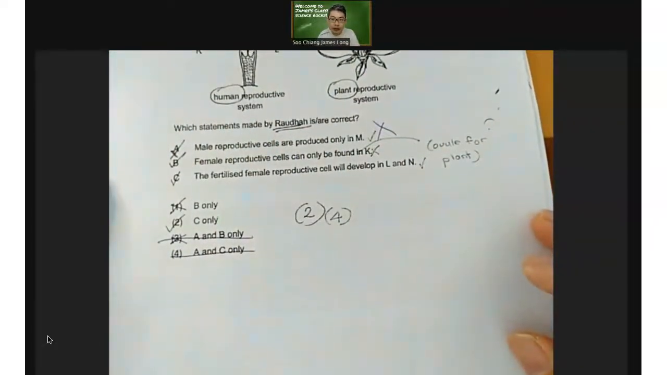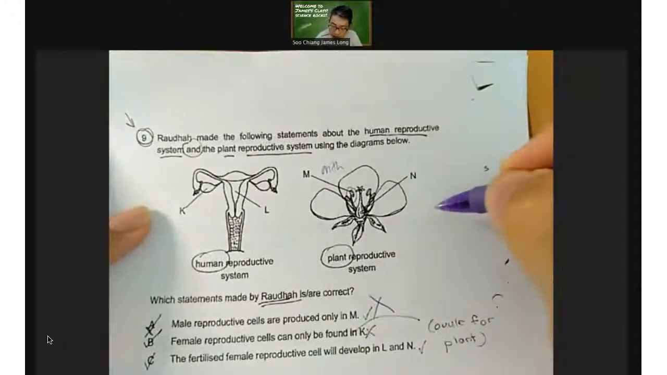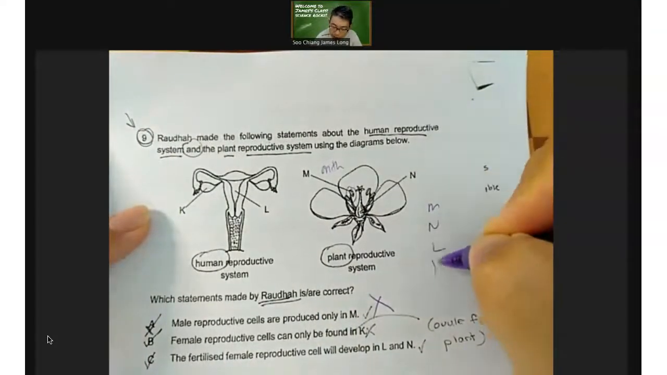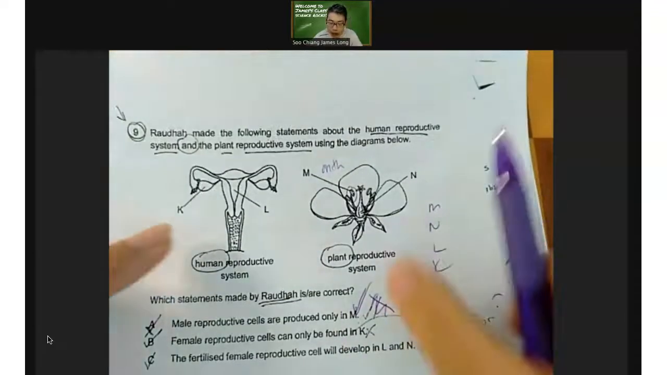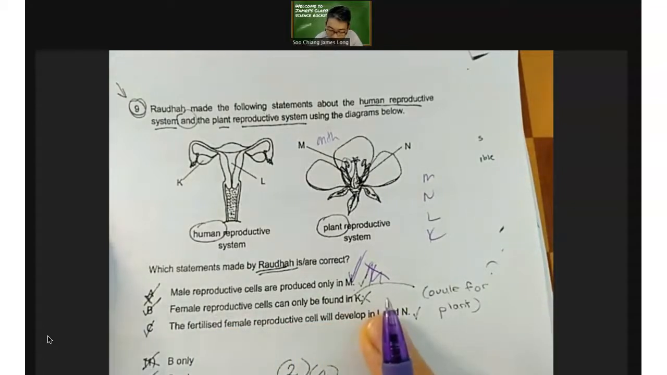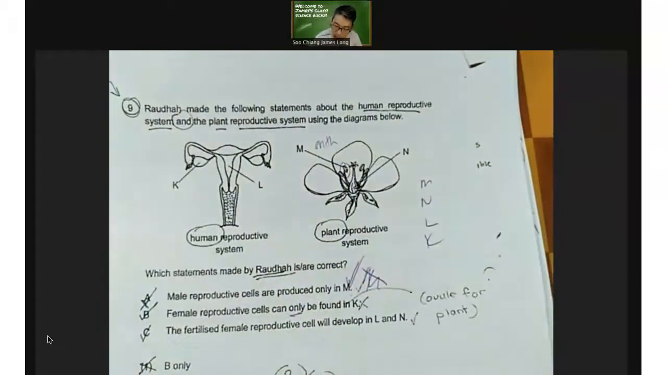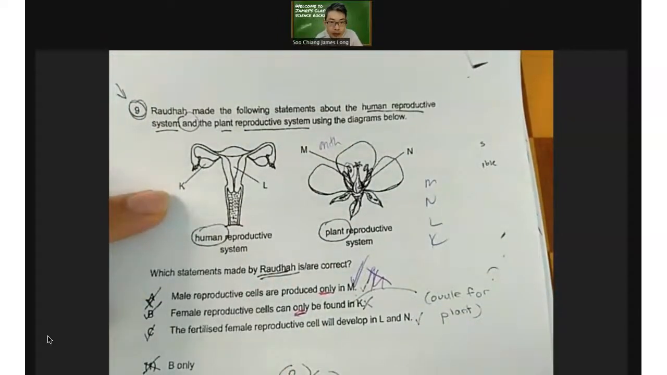Okay, definitely not. Let me see again. Only in M. Oh, okay, there are 4 parts: M, N, L, K, right? So only in M. Okay, that's true. My mistake. That's true. I thought they were supposed to compare. Female reproductive cells are found in K. Only. This is a very important word. Only. That means there's nowhere else. K is the ovary. It contains the